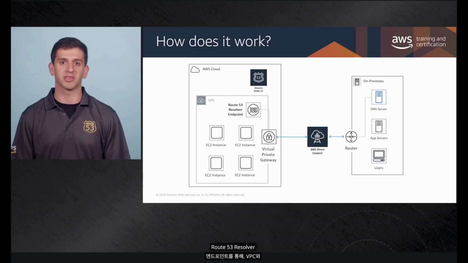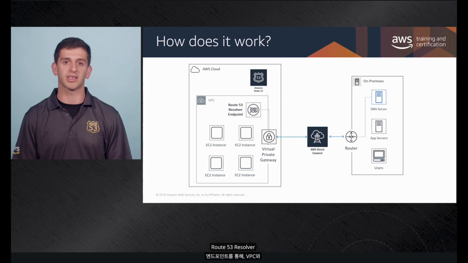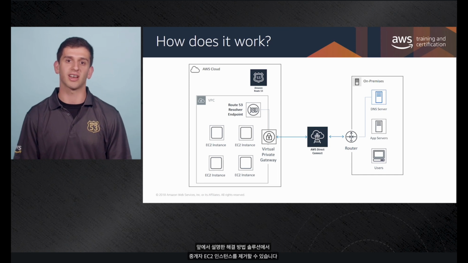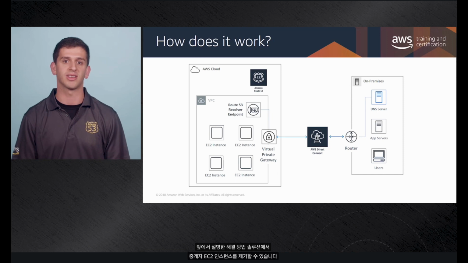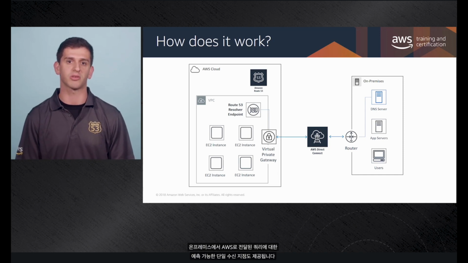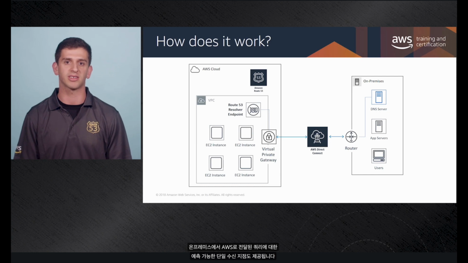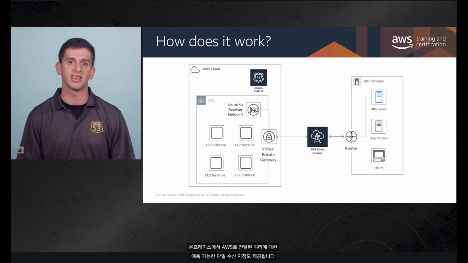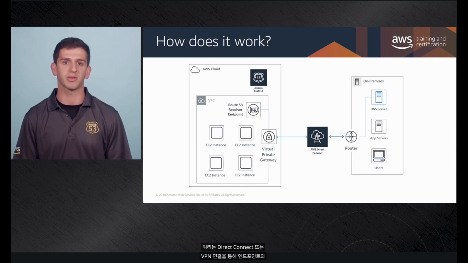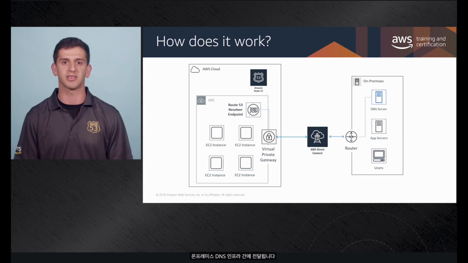The Route 53 Resolver endpoint enables you to privately connect your VPC and other supported AWS services to your on-premises DNS infrastructure, cutting out the middleman EC2 instance from the workaround solution we covered. It also provides a single predictable point of ingress for queries forwarded from on-premises to AWS. Queries are sent back and forth between the endpoint and the on-premises DNS infrastructure via either a direct connect or